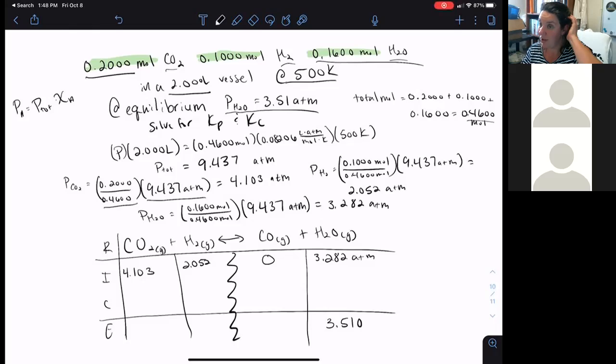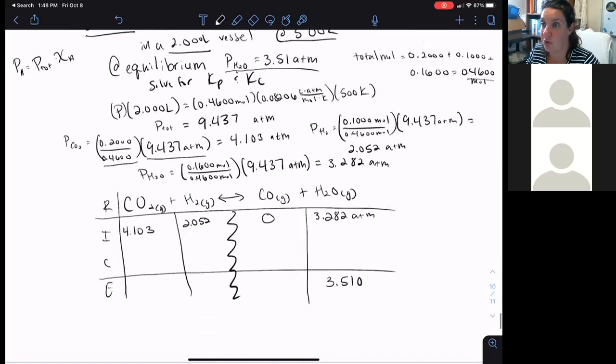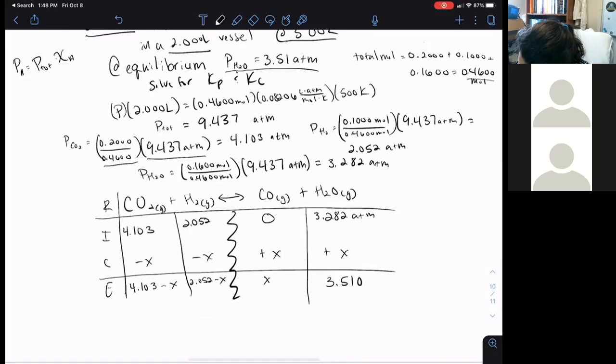Okay, so we're going to go in the direction of the thing that hasn't been produced yet. So we don't have any CO. We have to have CO to have an equilibrium. So we're going to shift to the right towards products in order to produce some CO. So do minus X here, minus X, plus X, plus X. And this gives us 4.103 minus X, 2.052 minus X, X, and then,